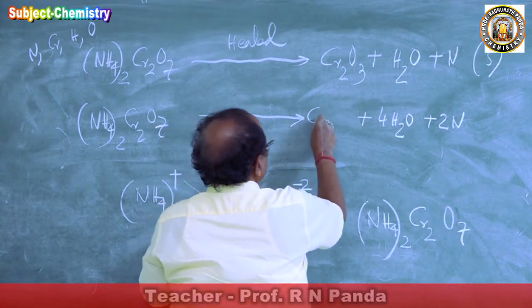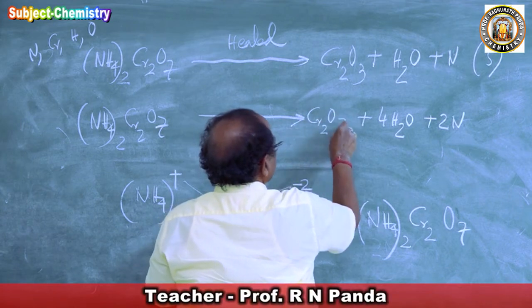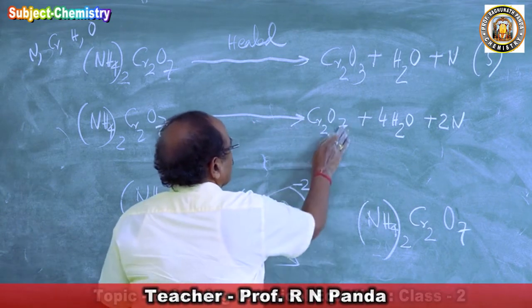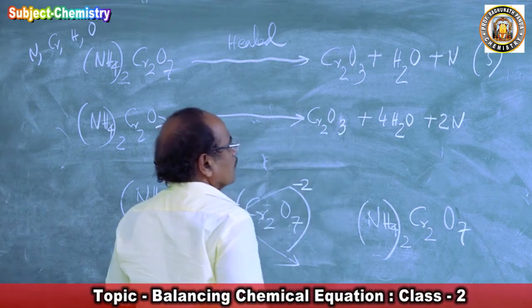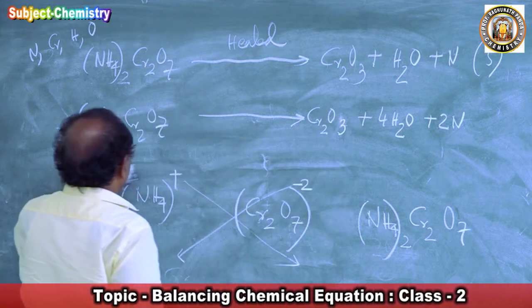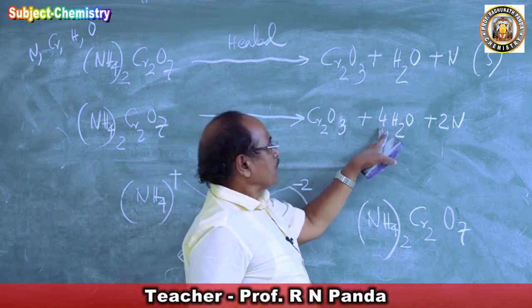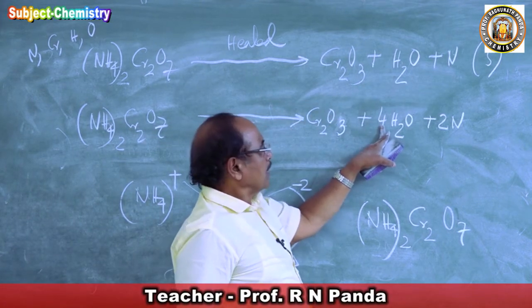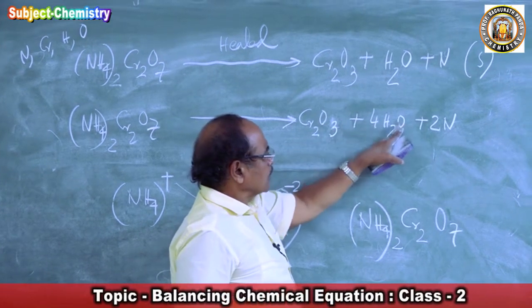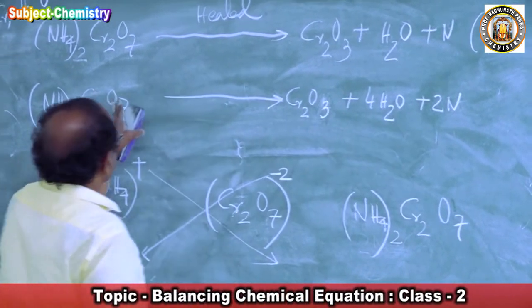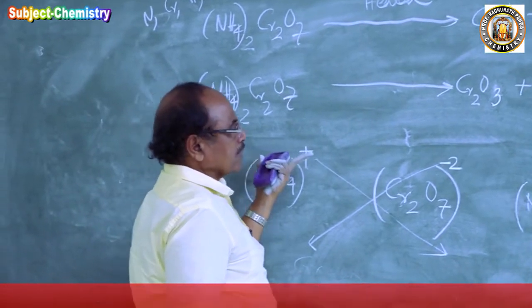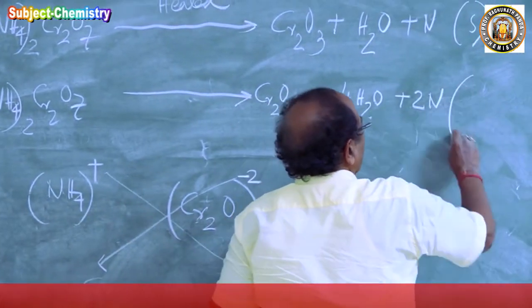And you write here Cr2O3. Because here there are 8 hydrogen. How many hydrogen are here? 2. We multiply this by 4, so 8 hydrogen. Now how many oxygen? 3 oxygen, 4 oxygen, 7 oxygen. How many oxygen on this side? 7 oxygen. Balanced. So this has now become the atomic equation.